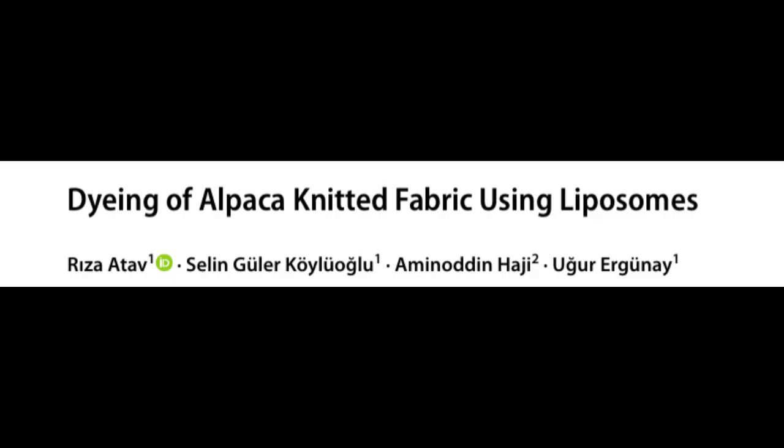But beyond just warmth and lightness, alpaca also has this beautiful luster. Yes. It hangs really well, great drape, resists pilling, and generally it takes up dye fantastically. It's a truly premium fiber, lots of good qualities. It really is. And while it takes dye well, the actual process of dyeing it, especially industrially, well, it